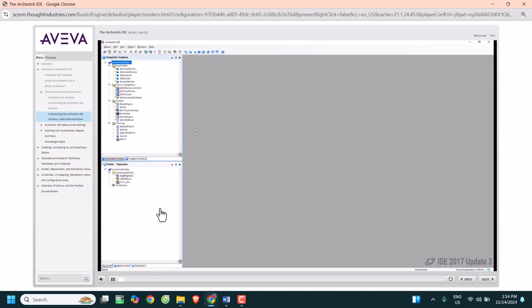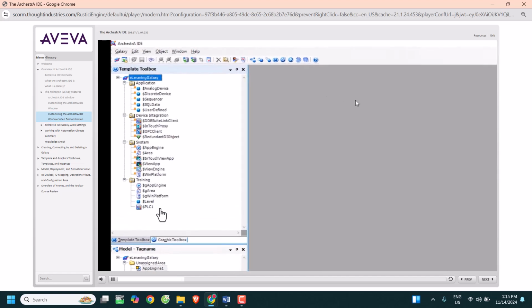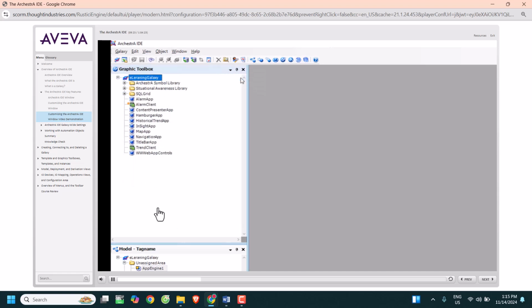It is easy to rearrange and customize the panels or views on your Archestra IDE window. First, click and hold the title bar of a panel. Drag and drop the panel to another location. You could resize the view at this point. Double-click the title bar to return it to its default location. Click the down pointing arrow to choose to hide, float, or auto-hide a view not in use,